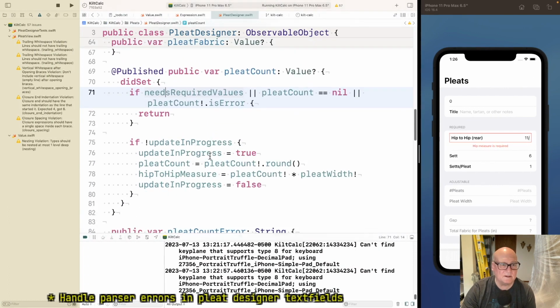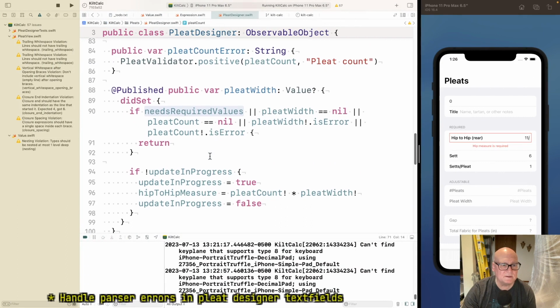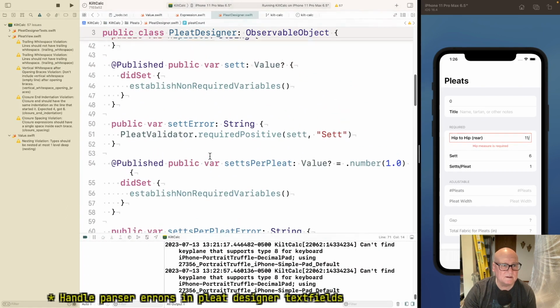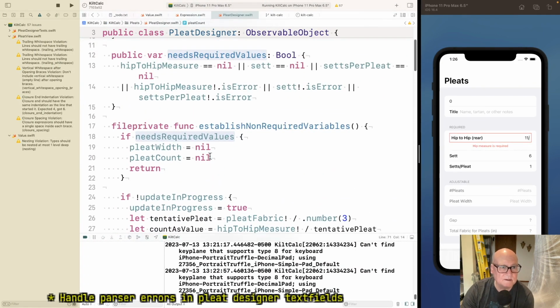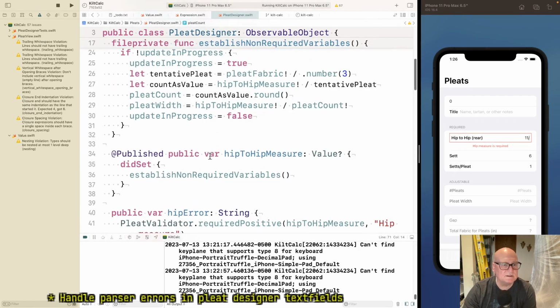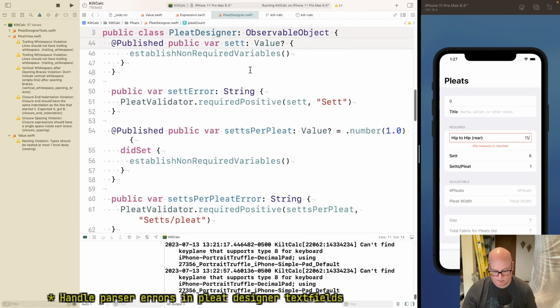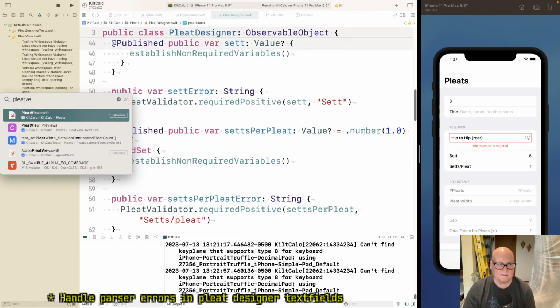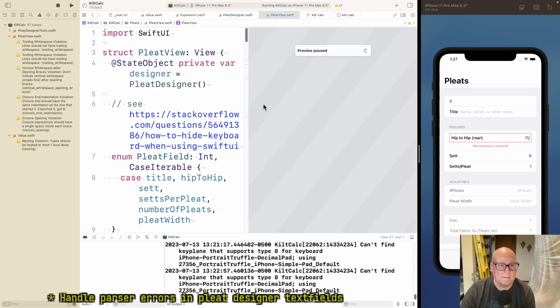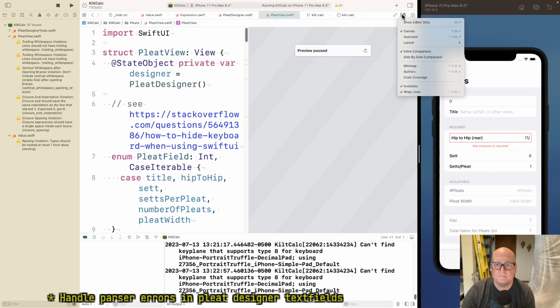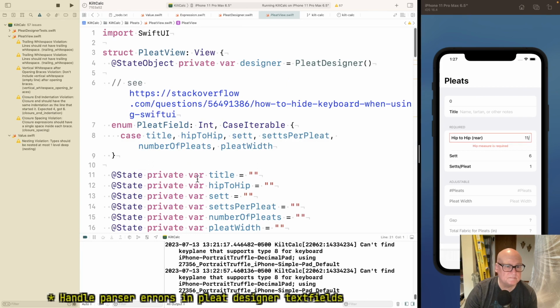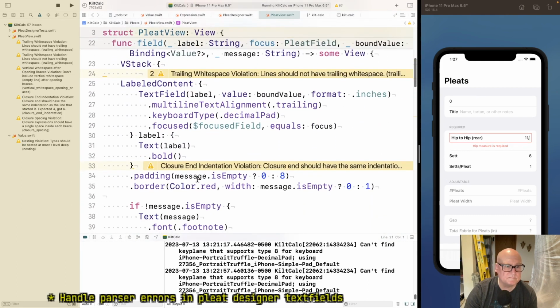And I don't know. Maybe I've got to do a new field. Well, where's my field? Oh, that's PleatView.